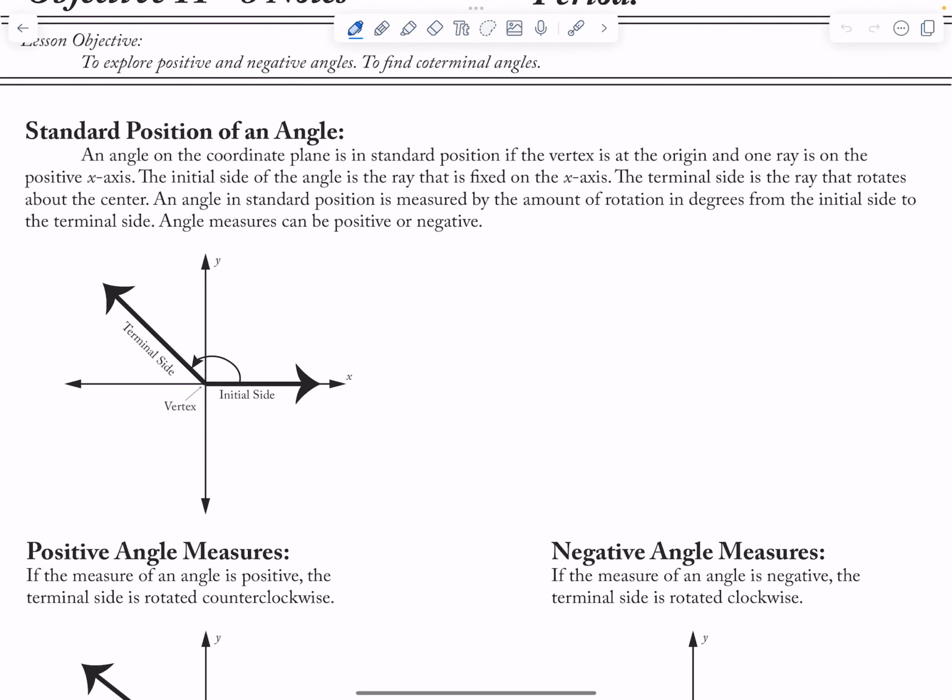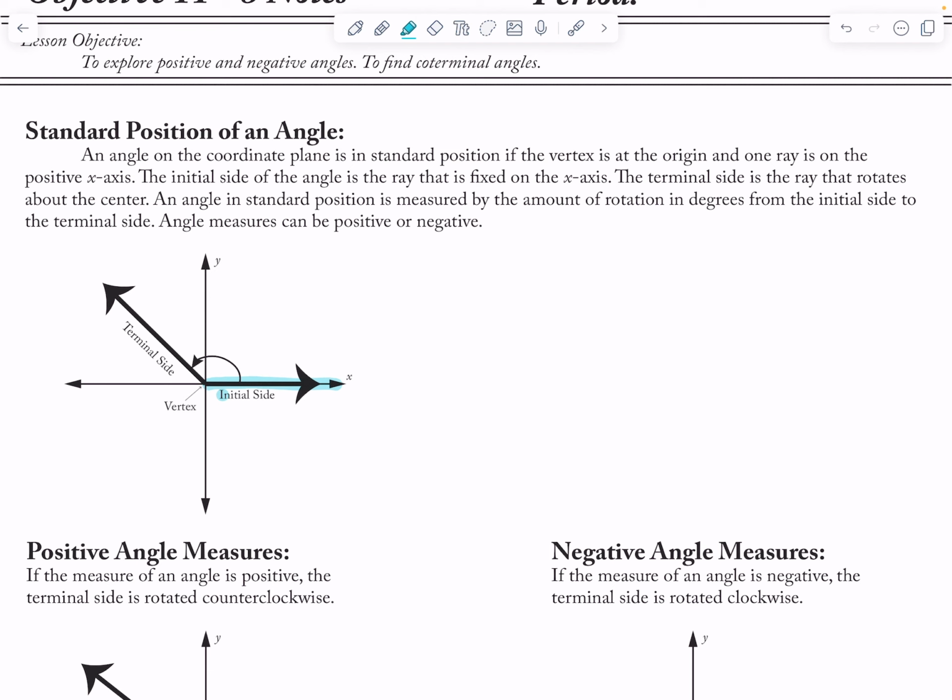Okay, so in this lesson, we're going to look at standard position of an angle, and we're also going to look at what we call coterminal angles. So first thing we're going to do is talk about some terminology, some vocabulary. We will always start graphing on the positive